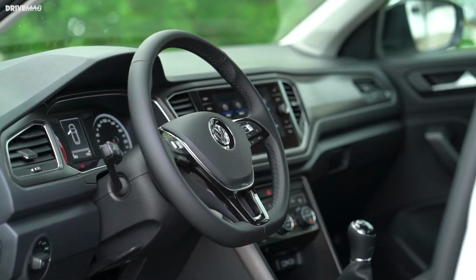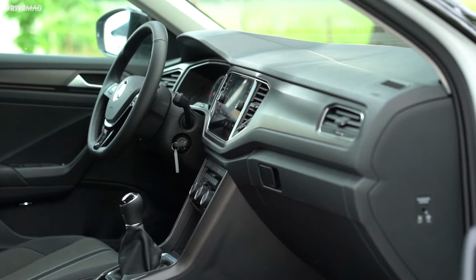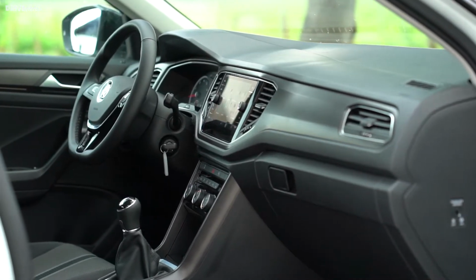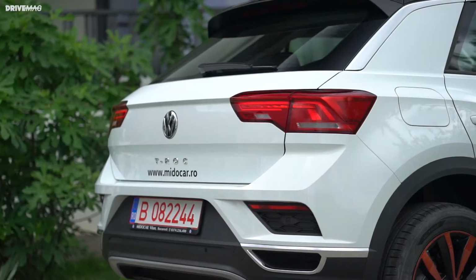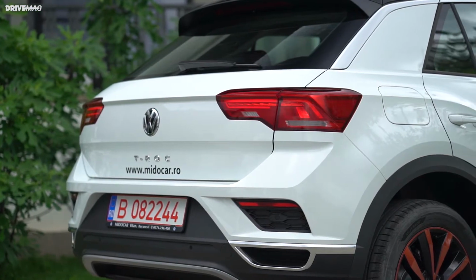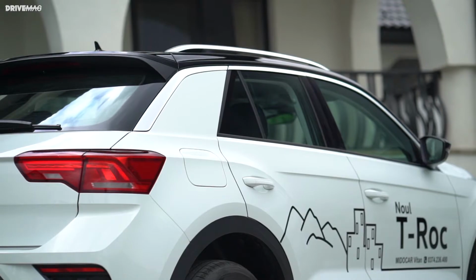Number 5, cabin. Soundproofing is more than decent. It's quite among the best in class. Visibility is quite alright as well, except for the rear windshield, which, due to the car's coupe-like shape in the back, is quite inclined. So the visibility in the back is